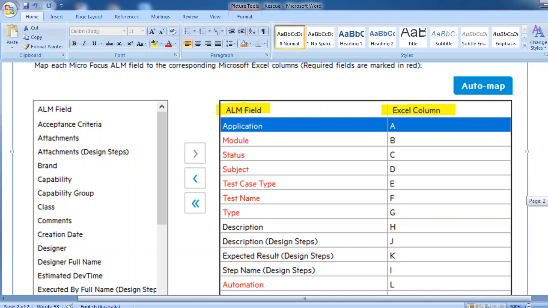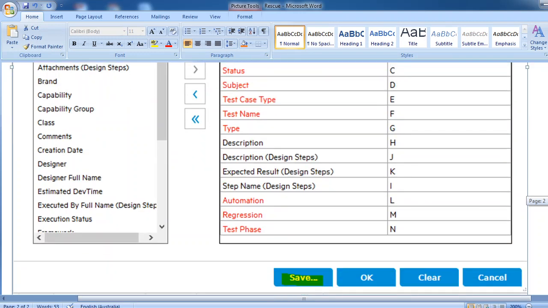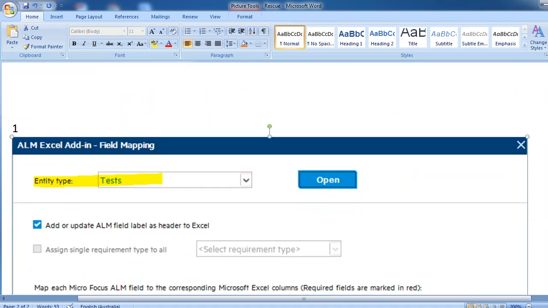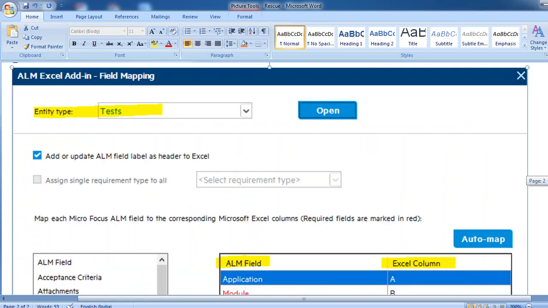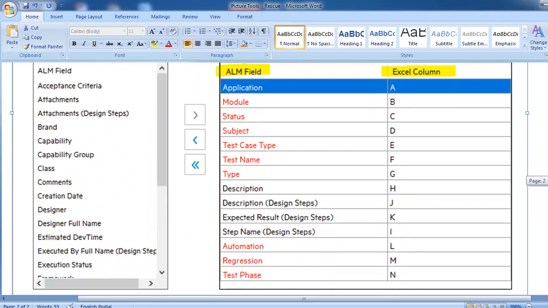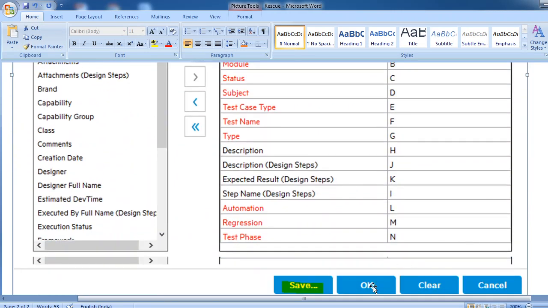After mapping your fields, if you want to reuse them next time, you need to save this file. Next time, you don't need to map all this again. Just click on open, drag that file and open it. All the values will be populated after selecting that file, then click on the OK button.